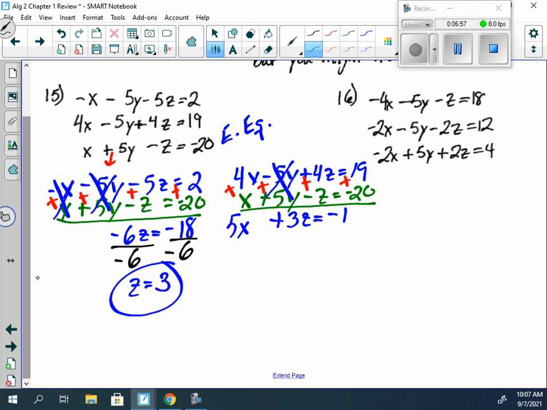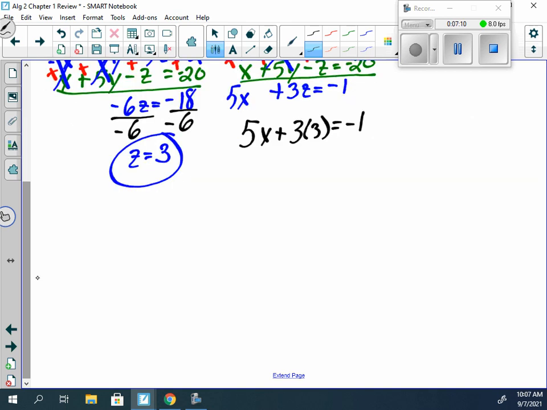Well, 5x plus 3z equals negative 1. I already know what z is, yes? Z is 3. Let's plug it in. 5x plus 3 times 3 is equal to negative 1. Well, 3 times 3 is 9. Then we would